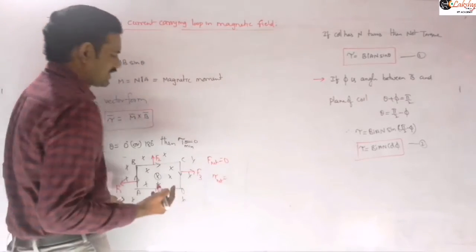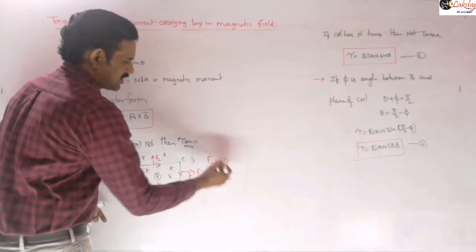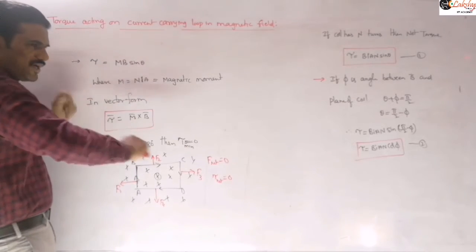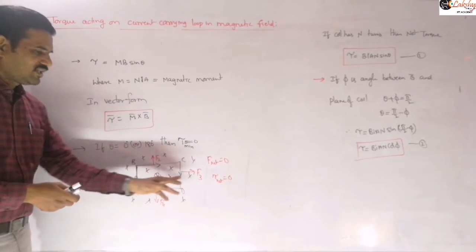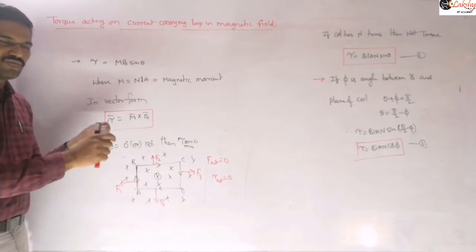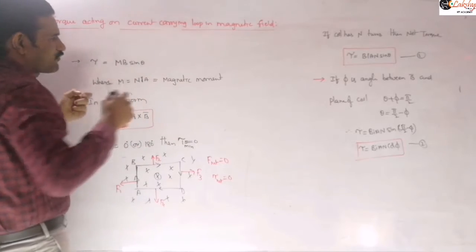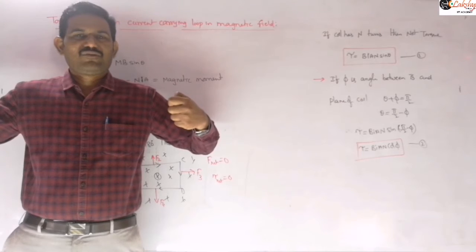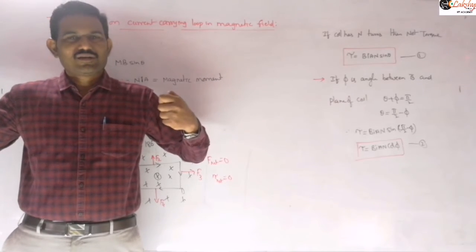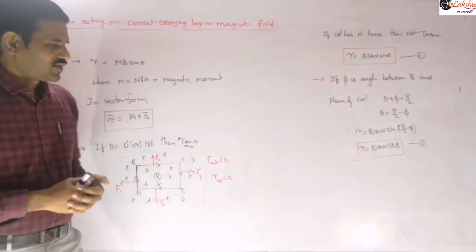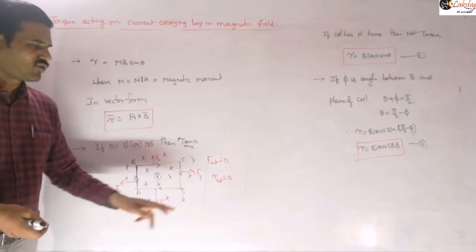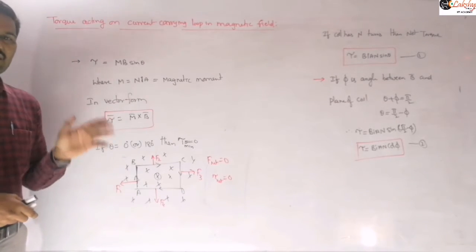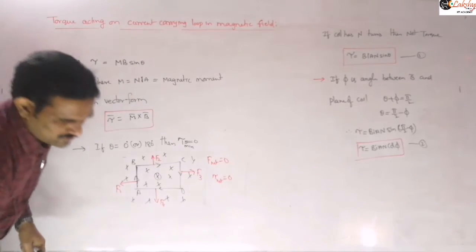In this case, the net torque is also equal to 0. The torque due to any of these forces: all the forces are lying in the plane. Can these forces rotate the loop in any direction if all the forces are lying in the plane? Suppose you take a plane and pull it like this, with two forces acting away from each other. Can those forces rotate the object? They cannot. If the forces are lying in the same plane, they cannot rotate the object, so the torque will be 0 here. Whenever the magnetic field is normal to the plane of the coil, the torque acting on it will be 0, right?